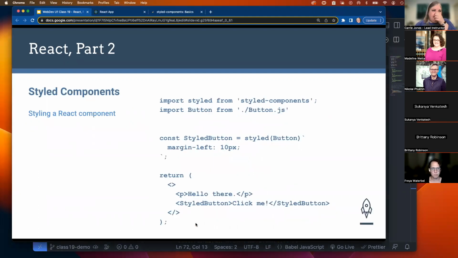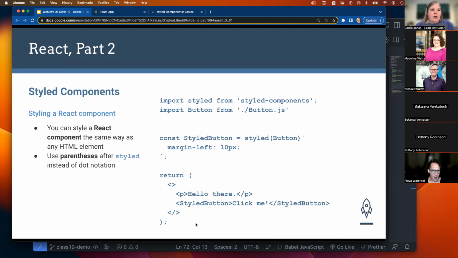So let's look at another example. What if you have a React component that you want to add a little bit of extra styling to just this once in this one particular file? You can do it the same way, but you use parentheses instead of the dot notation with the styled here. So I say styled, and in parentheses, I give it the button component that I have imported here from another file. And I just say, I want to use the button as is, how it's defined in this other file,